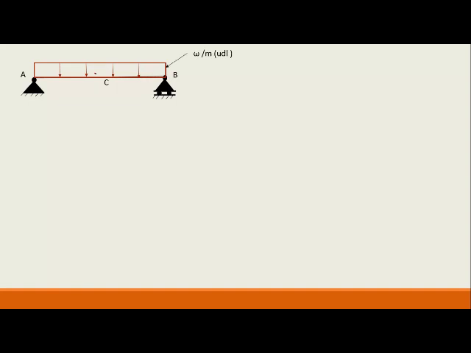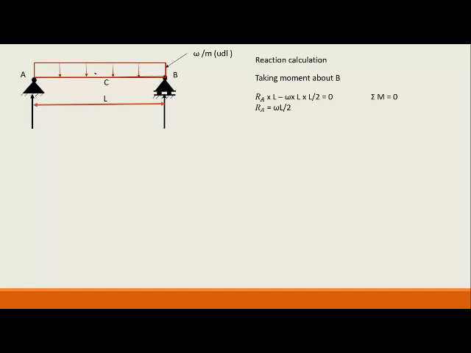Next we are going to discuss the bending moment diagram with a UDL, where AB is the beam, and there will be reactions. Without any calculation we can say from symmetry, if the point load P is at the center, the reaction will be P by 2. Here we have symmetric load, symmetric cross section, symmetric beam, so omega into L is the total load, and the reaction on either side will be omega L by 2. Or we may calculate it in general by taking moment about B. You will see both reactions come as omega L by 2. I have given the calculation in detail.